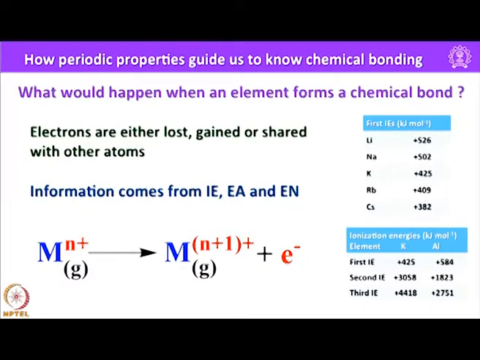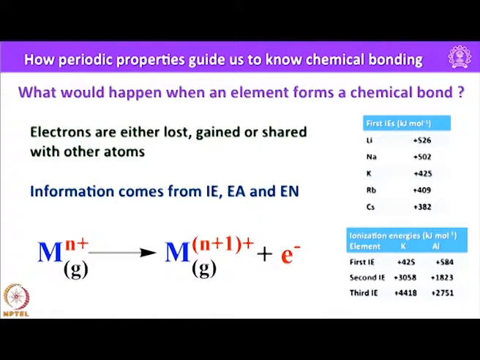That means the first ionization energy of potassium is very low. Of course, you are removing the lone electron in the valence shell, so obviously it is less. But when you go to aluminum, you are doing the same exercise, removing one electron, however the atomic number of aluminum is higher and the effective nuclear charge is also more. Because of the nuclear charge, the lone electron of the p orbital shows a little higher value compared to potassium.